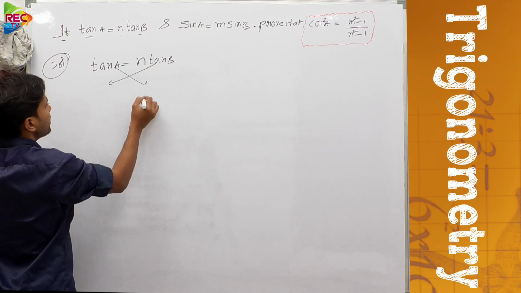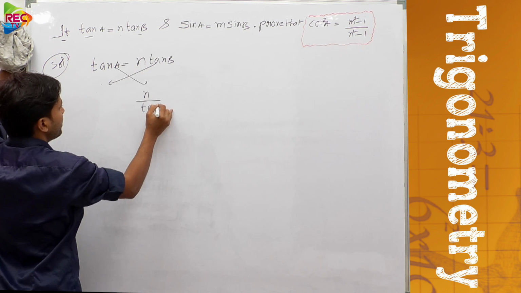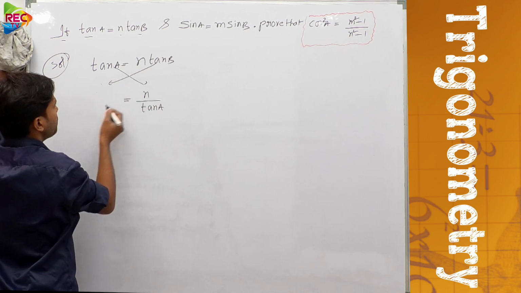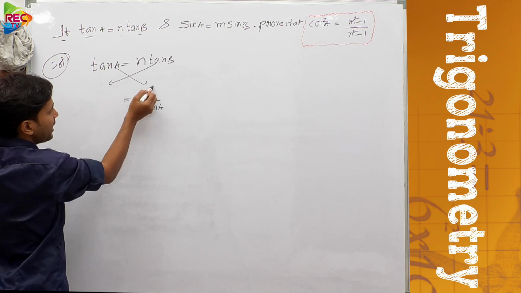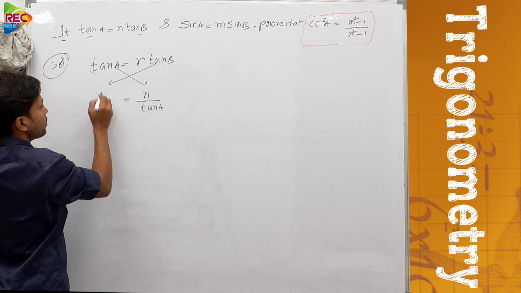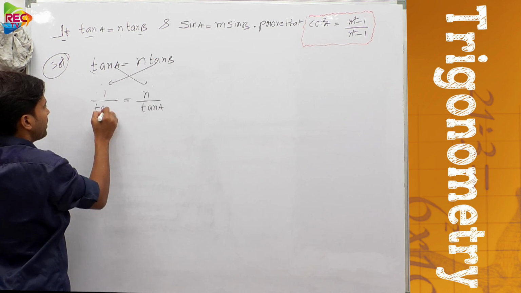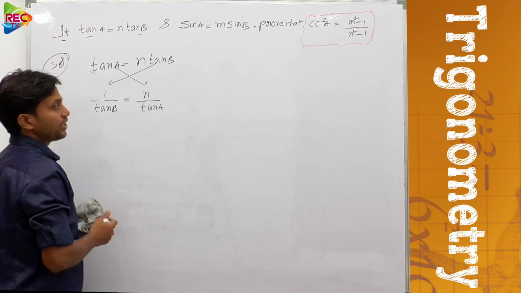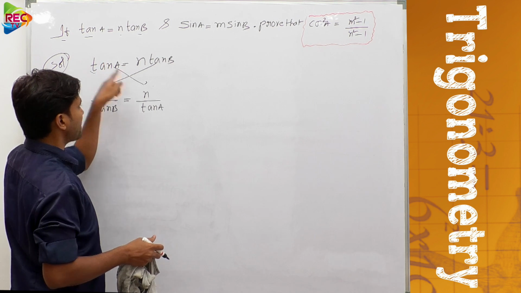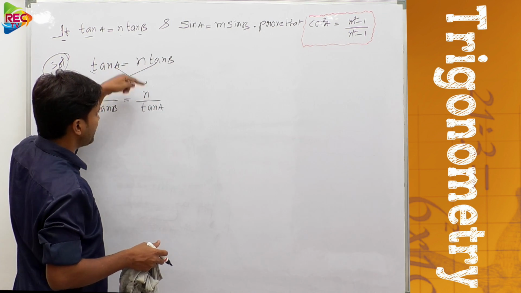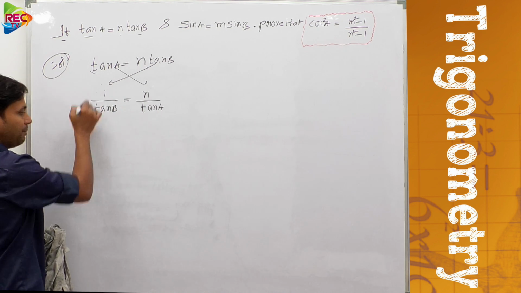This tan A comes to this side, then n by tan A will come or not? N by tan A equal to what? Here 1 will be left. When tan A we took to this side, here 1 is left over. So 1 by this tan B came to this side. We shifted tan B to this side, so 1 by tan B. We shifted this tan A to this side. This is n already existing, n by tan A. Right? Now tell me, what about 1 by tan B?